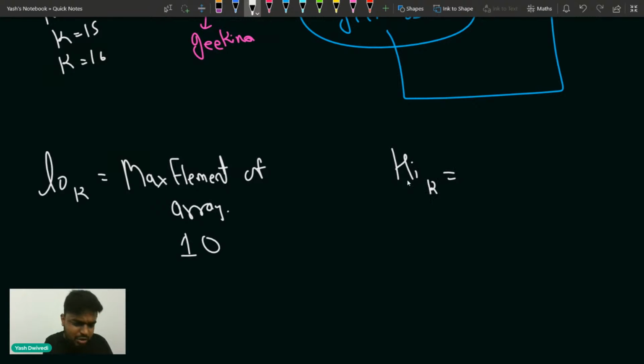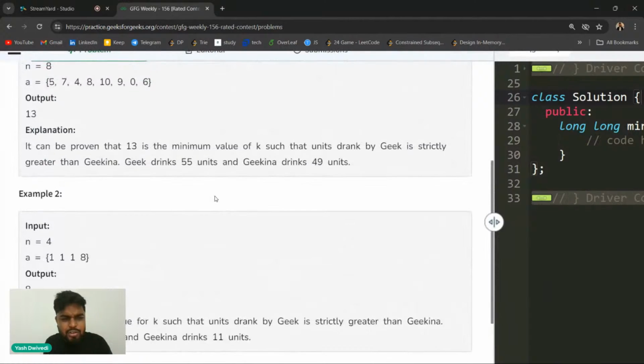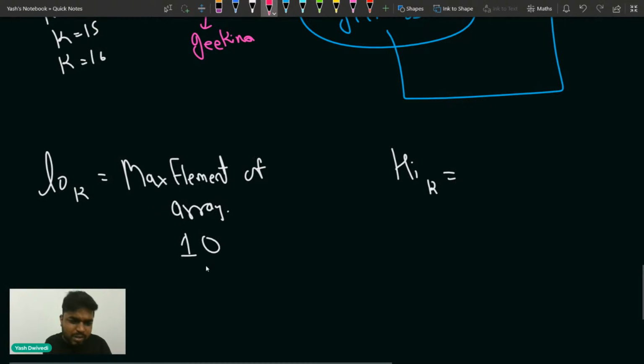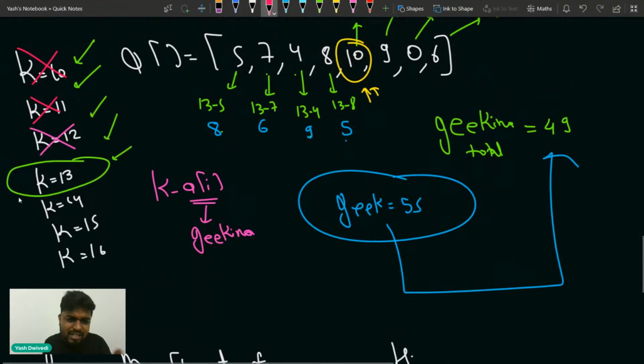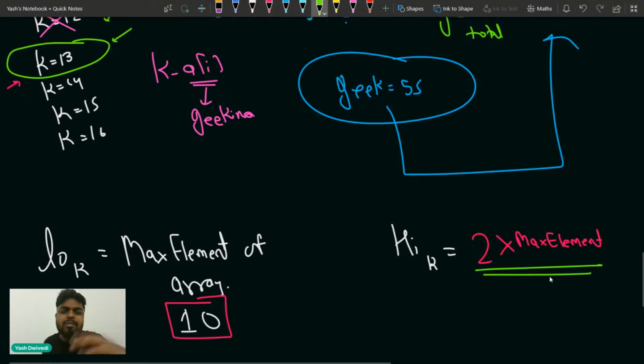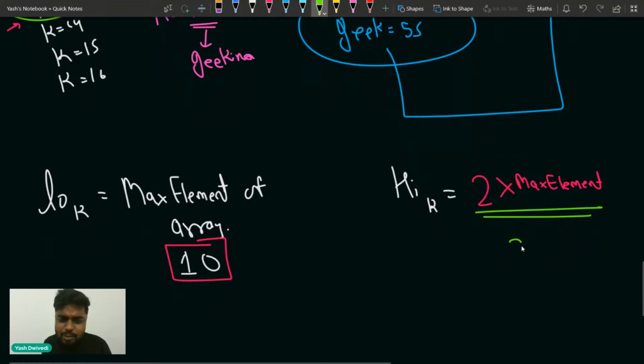You can assume it as anything, but for example, the problem is satisfied at 13, so I can take the highest value as 2 times the maximum element, because you will not require more than this. So the highest you can take is 20. You can keep the search space between 10 and 20.